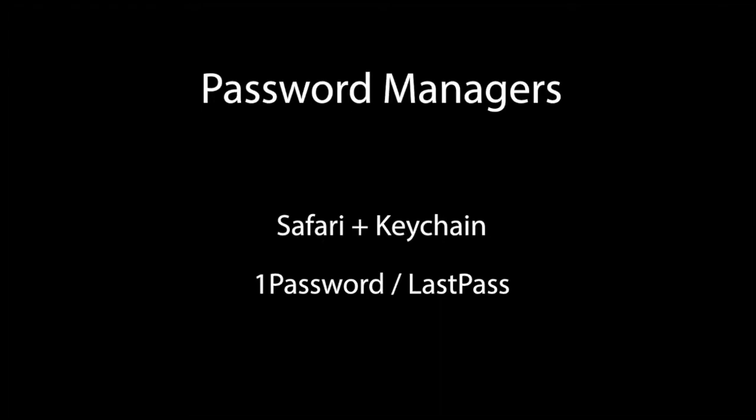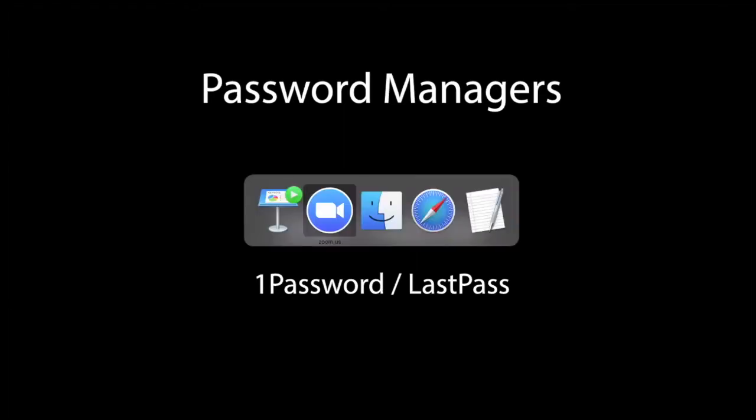Password managers can be things like 1Password or LastPass, which have been around for a long time. But now macOS and iOS have one built in. It's part of Keychain, which has been around for a while, but now Safari makes it really easy for you. I can even switch over to,